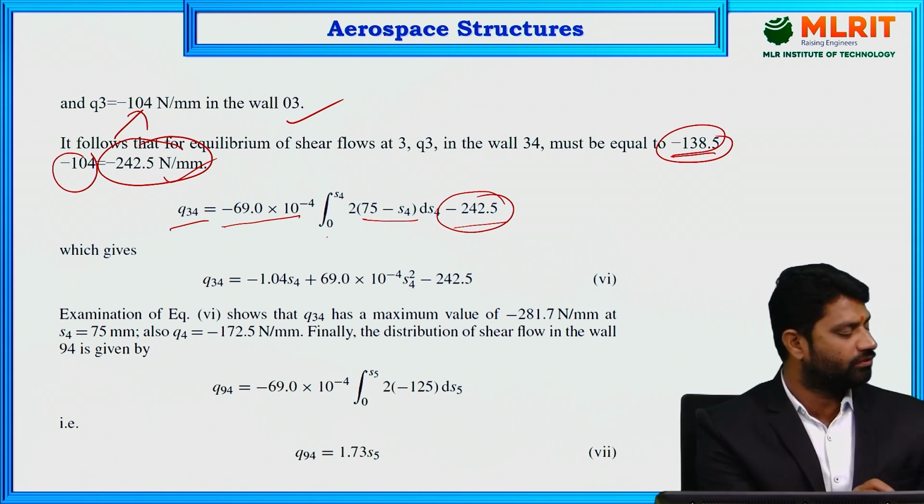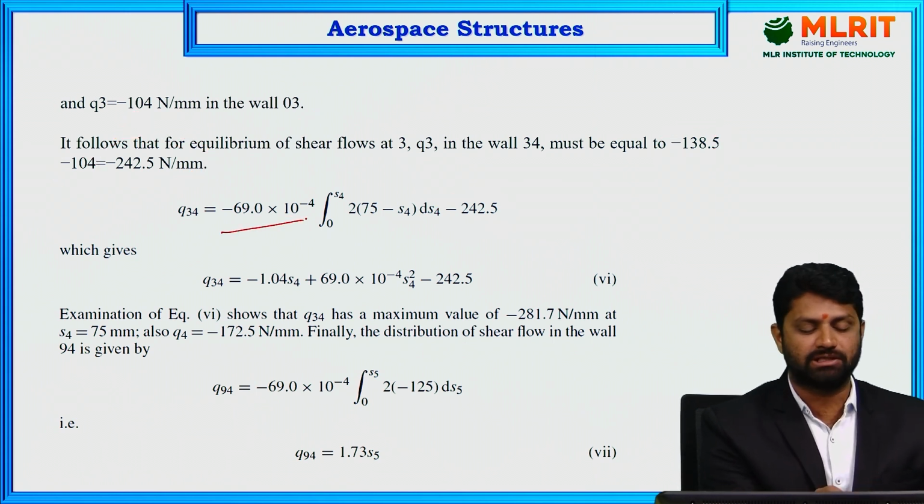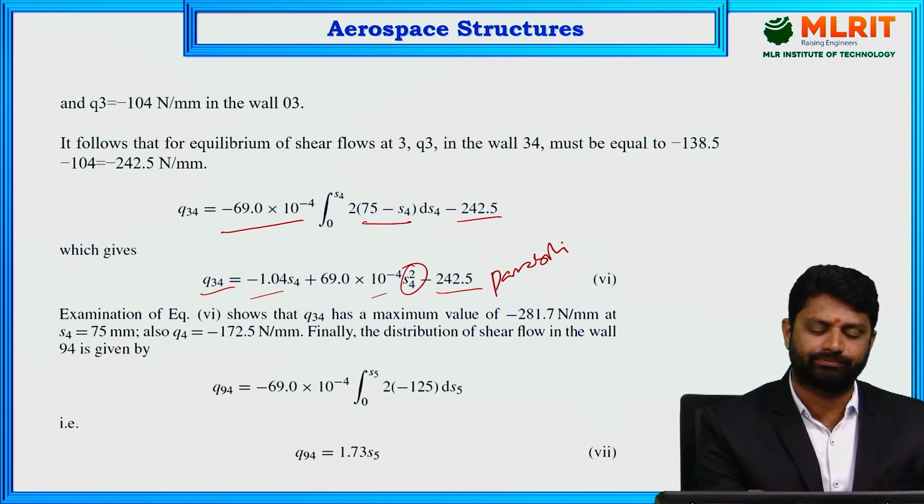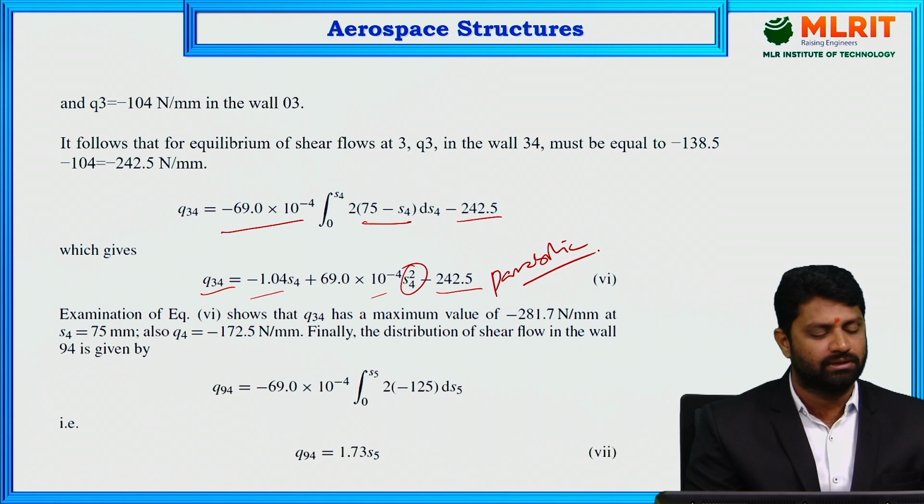Therefore Q34 equals minus 69 into 10 power minus 4, integral 0 to S4, 2 into the y distance, 75 minus S4, into ds4, minus 242.5. After integration you are going to get Q34 equals minus 1.04 S4 plus 69 into 10 power minus 4 S4 square minus 242.5. So here you can see S4 square, and again it gives the parabolic curve. Examination of this equation 6 shows that Q34 has a maximum value of 281.7 Newton per mm,